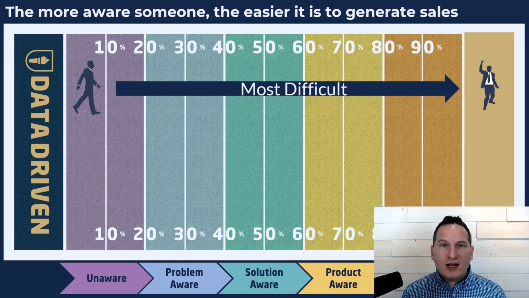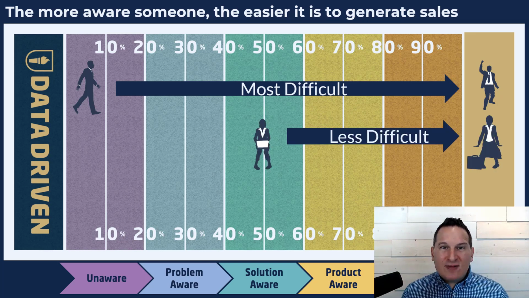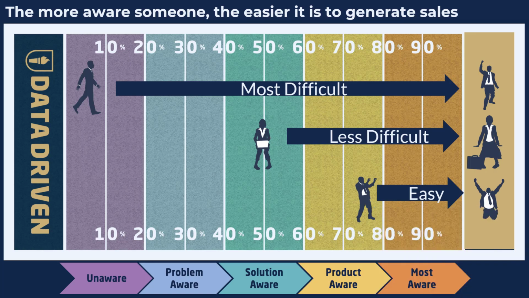And so you have your work cut out for you if you want to take somebody who's unaware of you, turning them into a customer. If you want to do it with any kind of frequency, or if you want to do it on any kind of timeline, it is going to take a lot of effort and your work is going to be cut out for you and very difficult. Okay, it's a lot easier. It's less difficult when somebody's already solution aware. They know that you have a solution and they're deciding whether they want to buy from you or somebody else. It's even easier when they're really already aware of you or at least aware of your products and they're making a decision of whether they're going to buy or not.